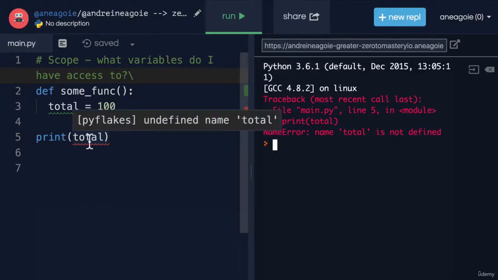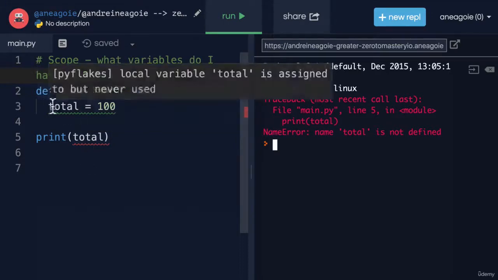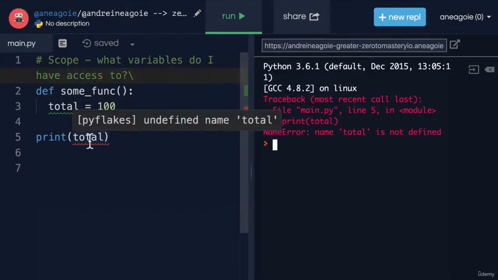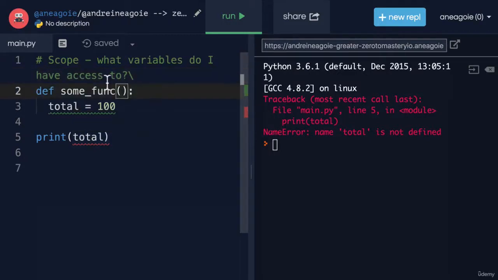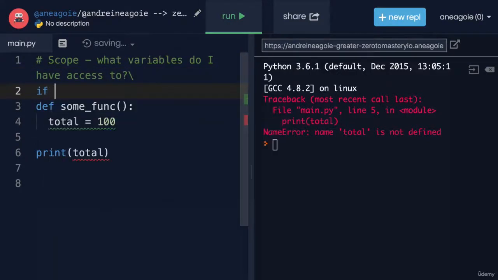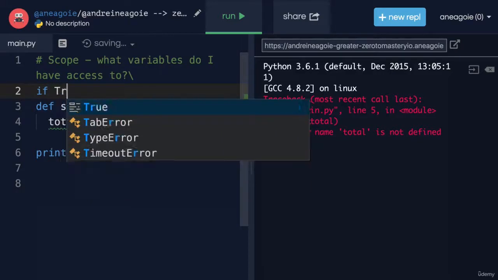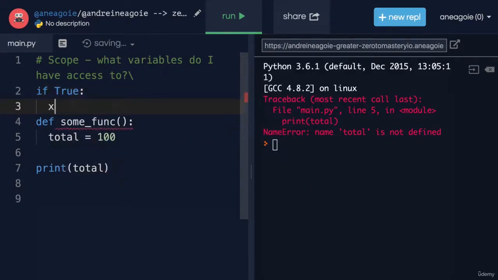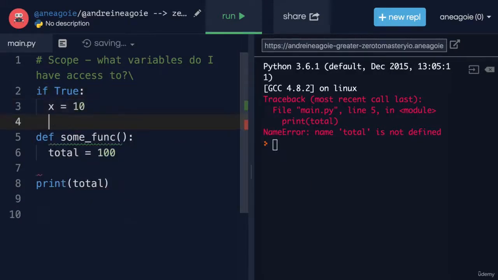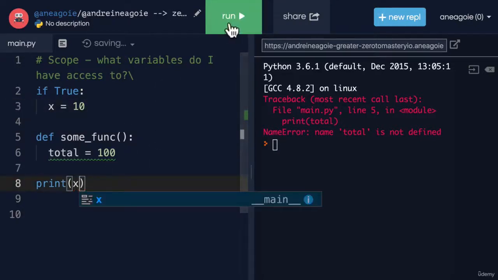Anytime we create a variable, if it's not inside of a function, then it is part of the global scope. We have access to it. But you see over here, we get that red underline, undefined name total. If, let's say, for example, I had a condition, if true, then x equals 10. If I do this and I say x and I click run,